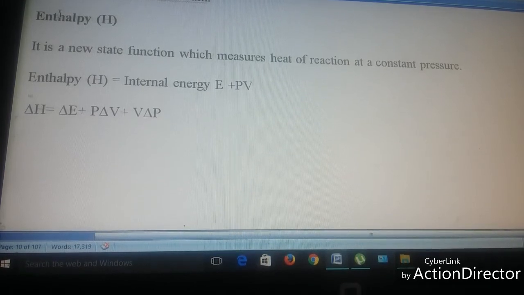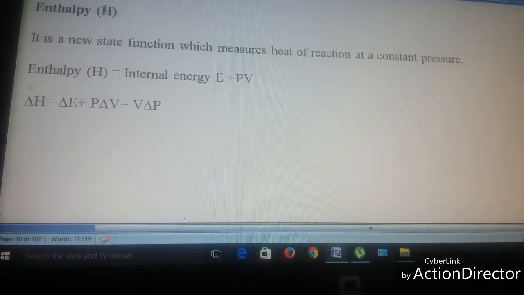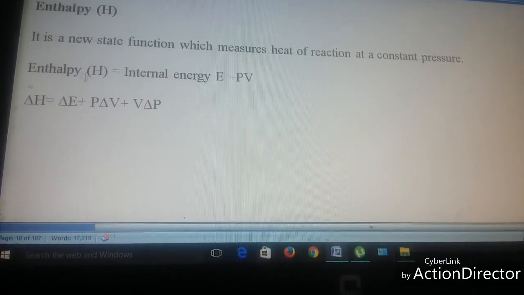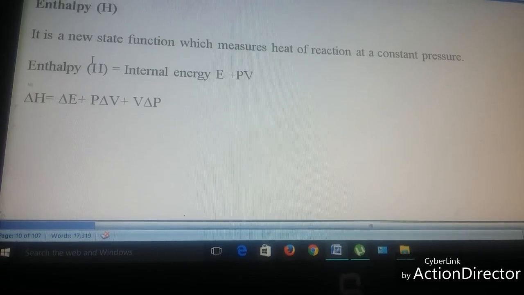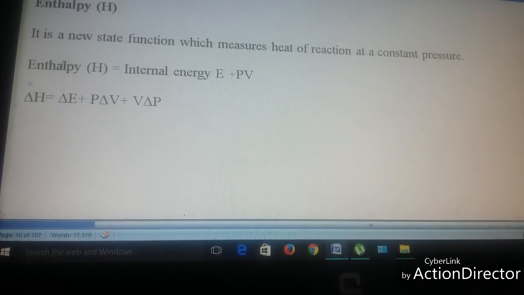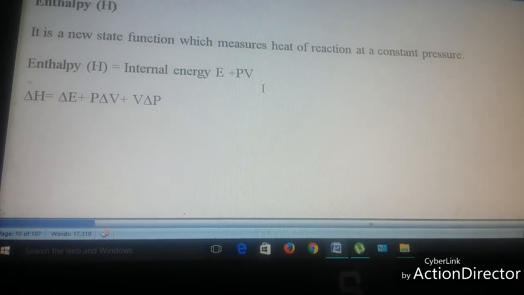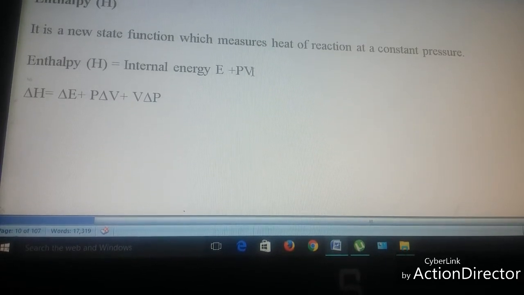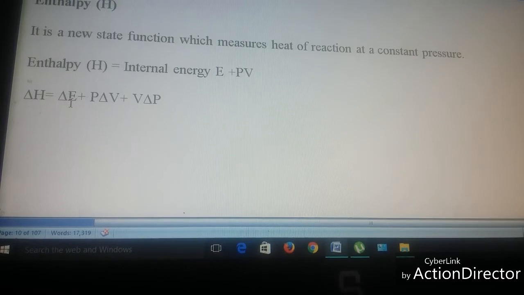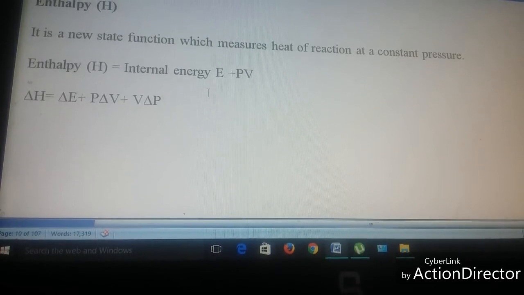Now let us talk about the enthalpy, which is denoted by H. It is a new state function, and it generally measures the heat of reaction at a constant pressure. So enthalpy is the summation of internal energy and PV, the pressure-volume product. Now the change in enthalpy, delta H, will be equal to delta E plus